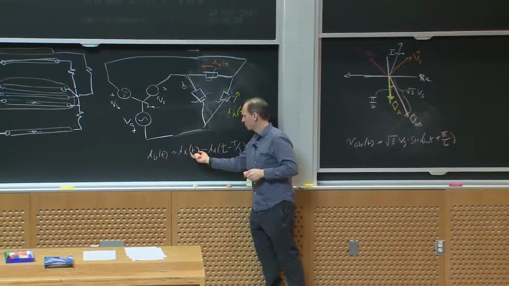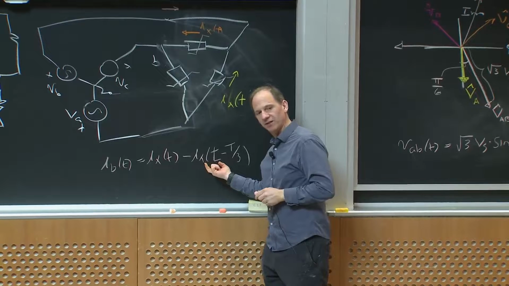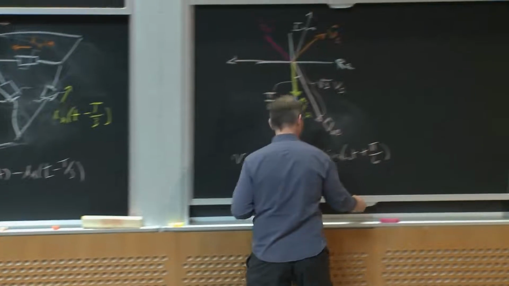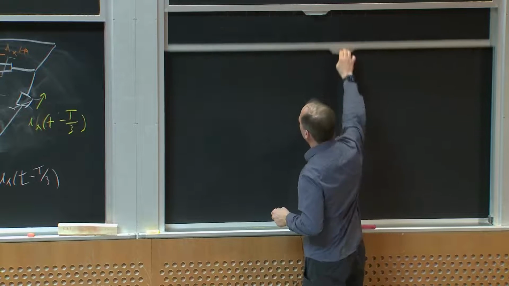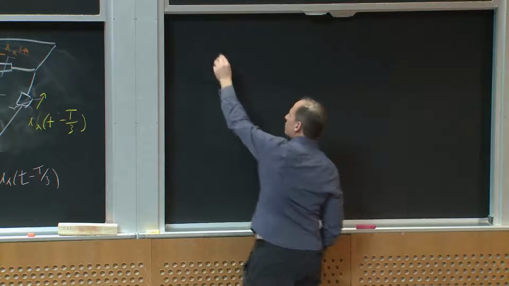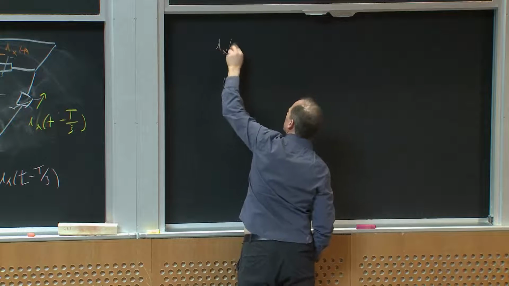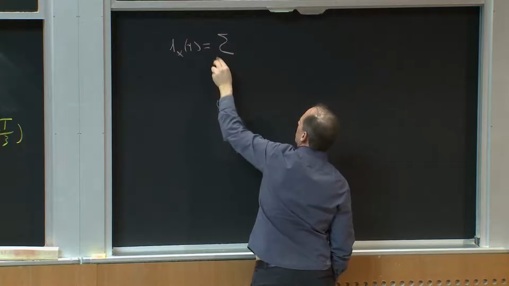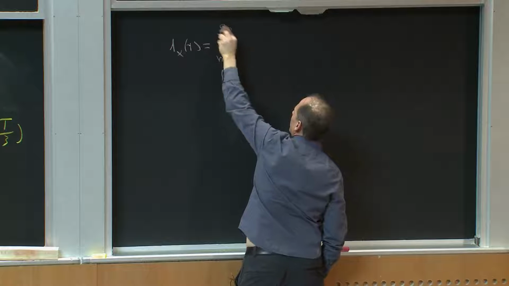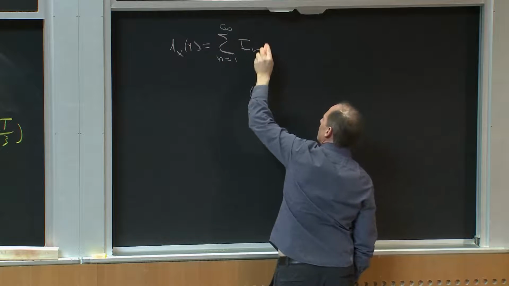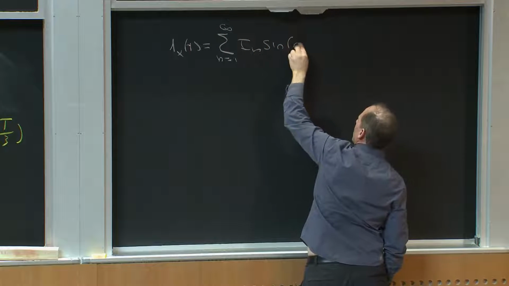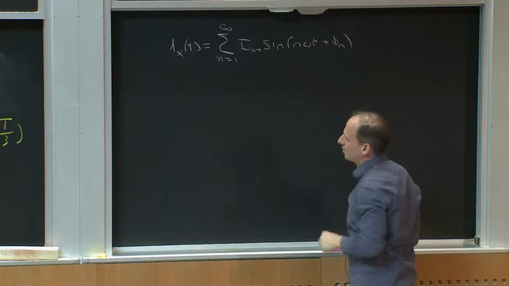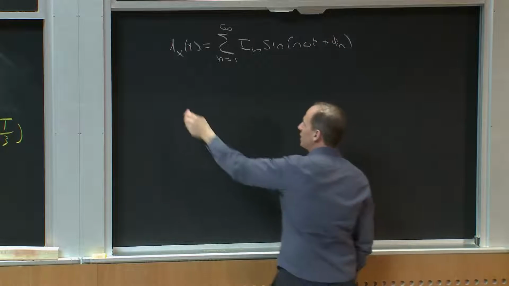And it's the difference between something and something shifted by a third of a cycle. All right? Well, why is that important? Suppose I could write Ix of t as a summation. Let's assume it has no DC component. So this could be the sum from n equals 1 to infinity of I sub n sine of n omega t plus phi sub n, right? That means that I sub b of t